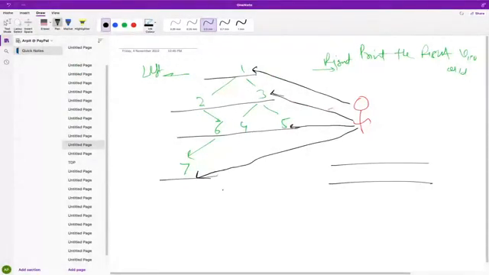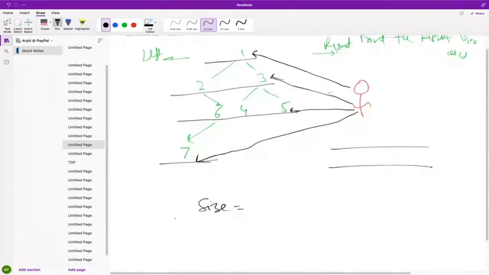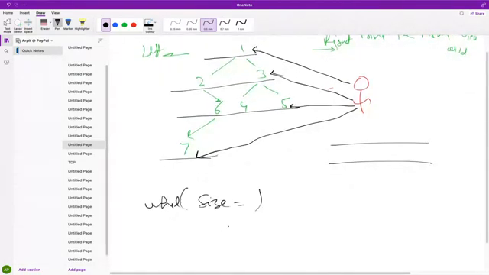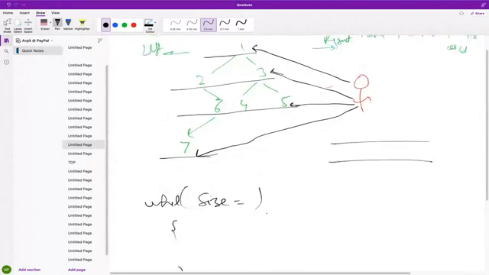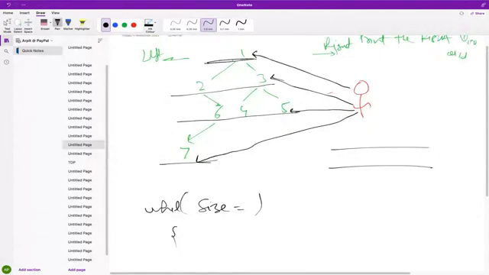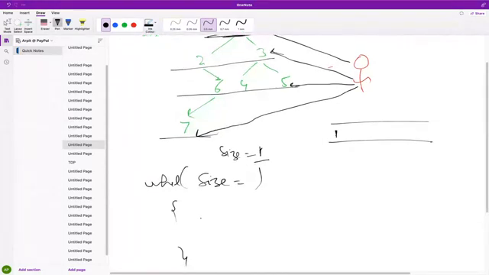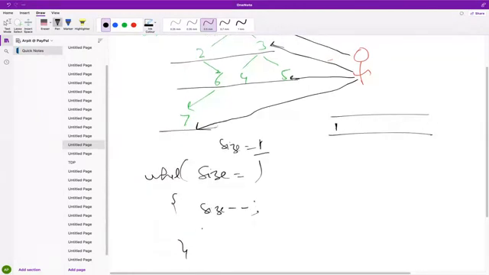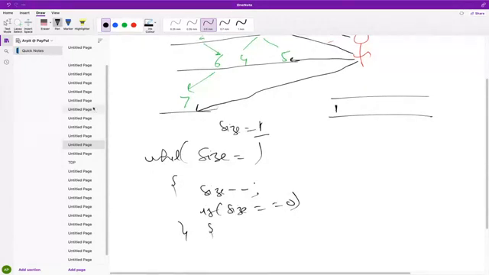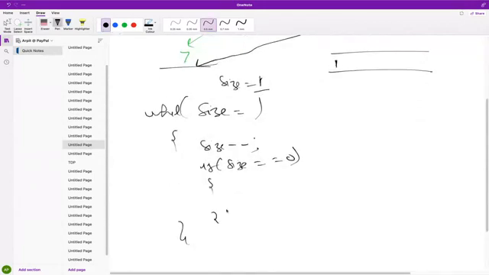Take a queue, take a size variable, and put a while loop here. Correct? So first we will put the first element, 1. Now size would be 1. And now we will do size minus 1. Then we will check if size is equal to 0. It means we are traversing the last element, and this time we will simply console.log